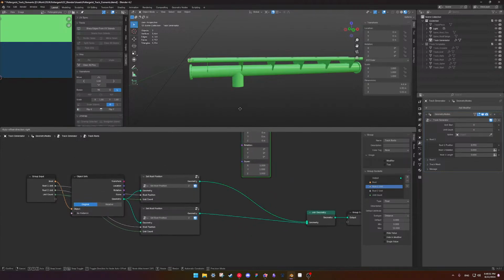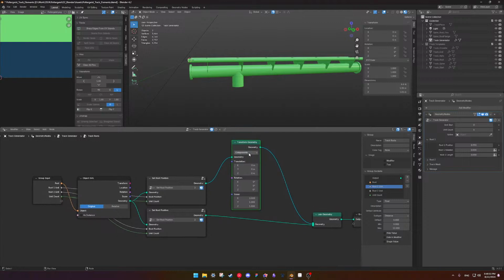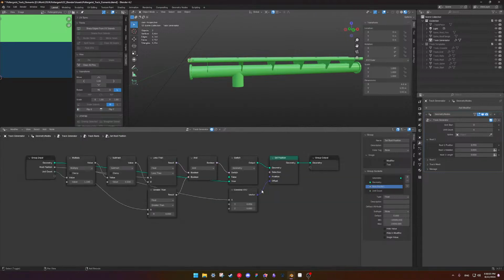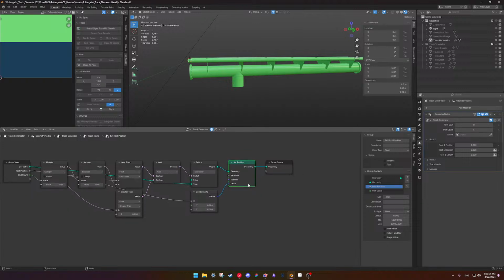Transform geometry. Okay, I think I'm gonna use a transform instead of the set position. Let's do, yeah, oops. Transform geometry.